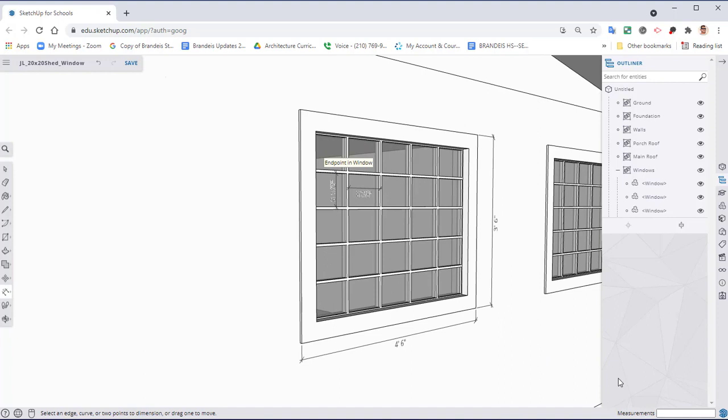So that is our windows. We're going to do a very similar thing for our door, but that will be